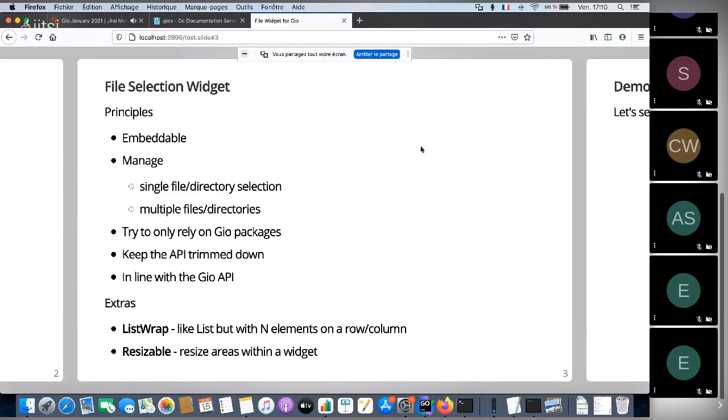Or when I say file, I mean in a generic sense of the term. So it could be a real file or a directory. There's no real distinction. I wanted it to be exclusively dependent on Gio, although that has proven to be difficult, because in the end I had to introduce 2 new items which are not part of the Gio package, which I've listed down below. And obviously keep it simple in terms of API and in line with what Gio does